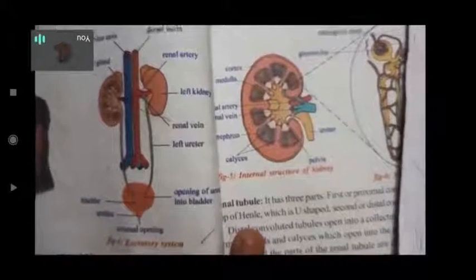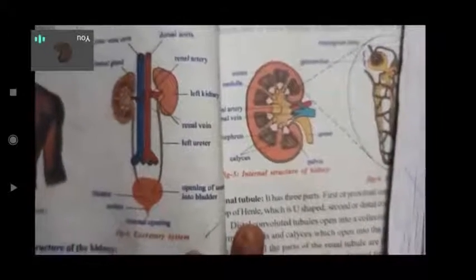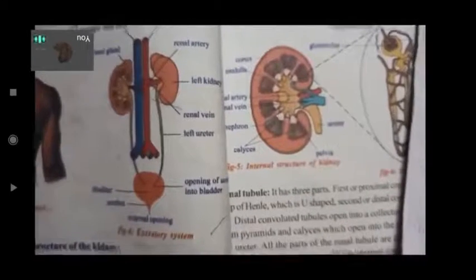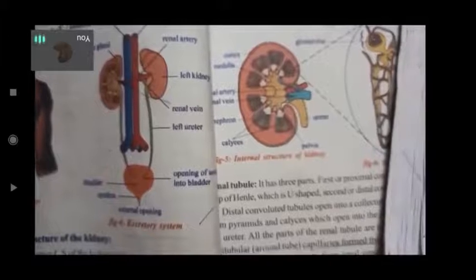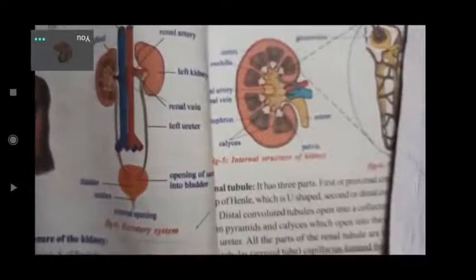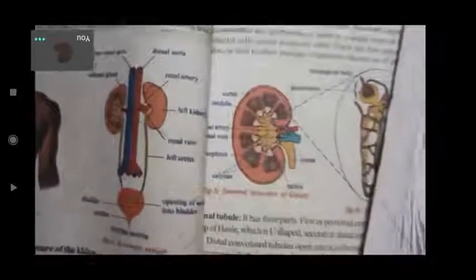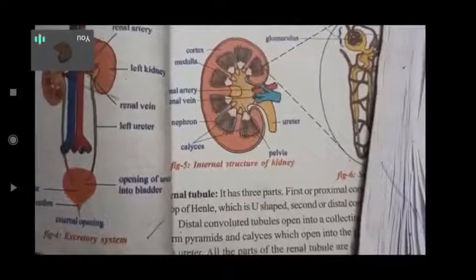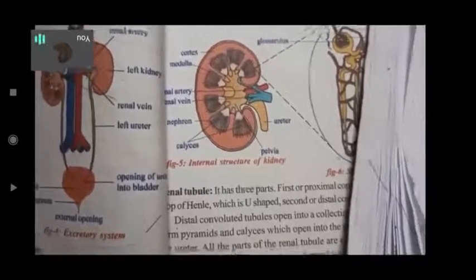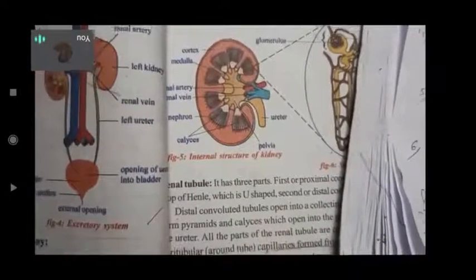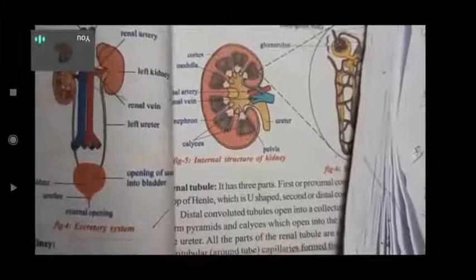So many minerals are there. Some are waste products, and some are useful products. The renal artery's role is to carry oxygen-rich, mineral-rich blood to the kidneys, and then the kidneys remove waste material from that and use oxygen for cellular respiration. So the kidneys remove waste material, which means filtered blood and deoxygenated blood forms in the kidneys.